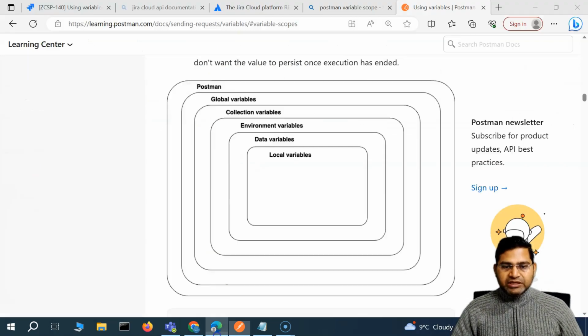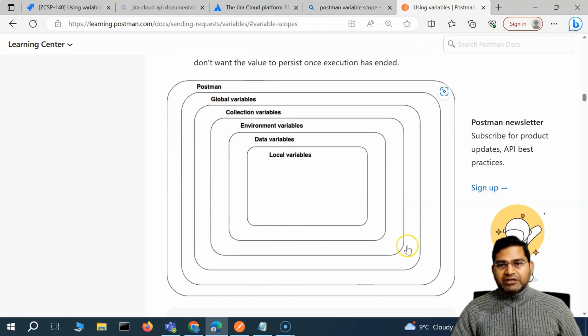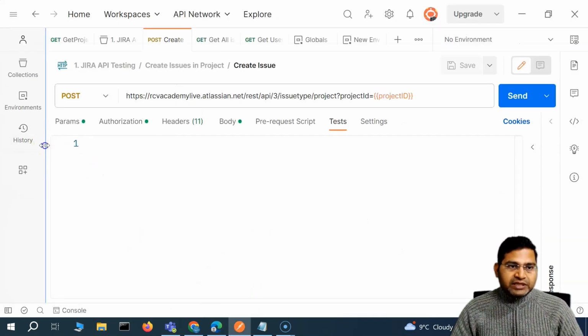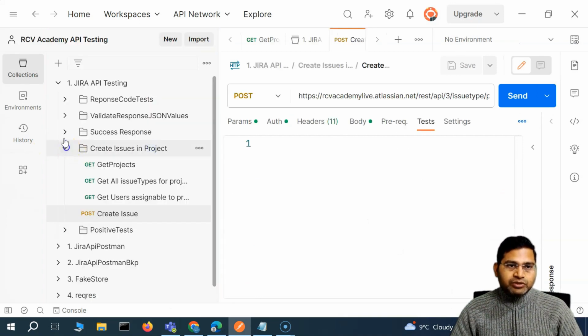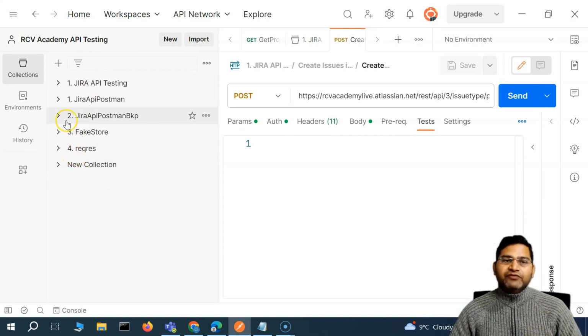Now let's quickly reiterate the hierarchy of the variable. This is the Postman website, where you can see this particular diagram. Global variable: whenever you define a variable at a global scope, all the collections within Postman can use it. For example, if I maximize this, there are multiple collections: first collection, second, third, then fourth, fifth, sixth. So six collections. In any of the collections, if I want to refer to username,